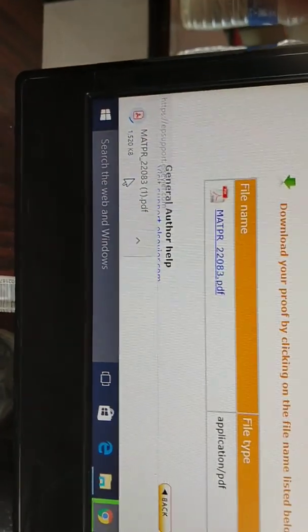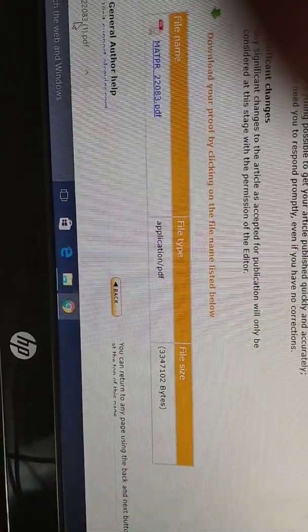You click on this one. You will find it stored according to where you save it, whatever the size. I hope you got this. Download it.